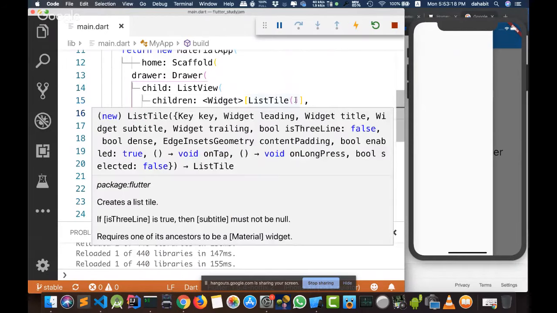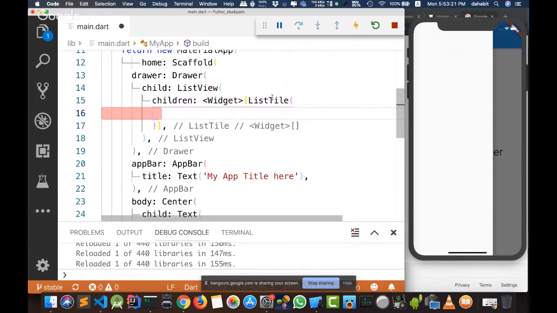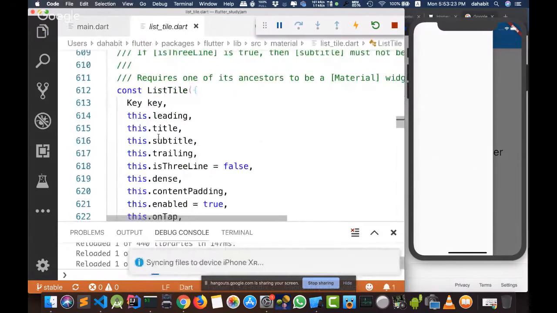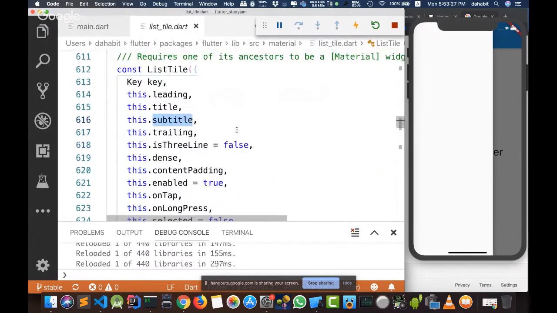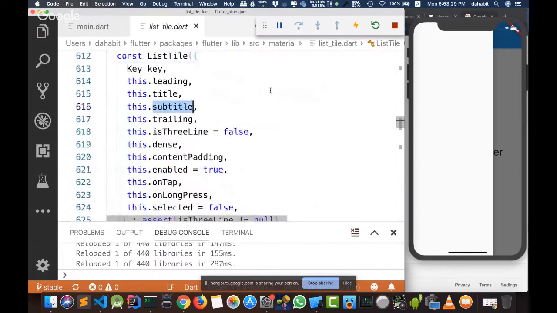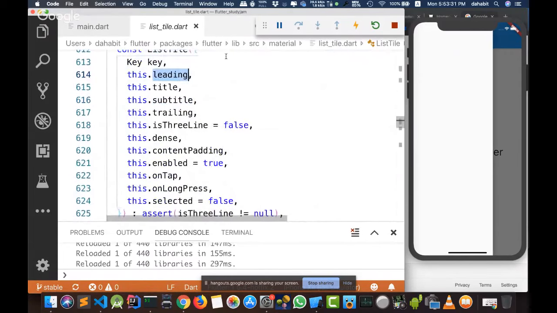And if I use list tile, when I go to its definition, I'll find there is a property called title, another property called subtitle, and trailing and leading properties. Leading is the left part or the main part of my list tile, and trailing is the right side of my list tile.